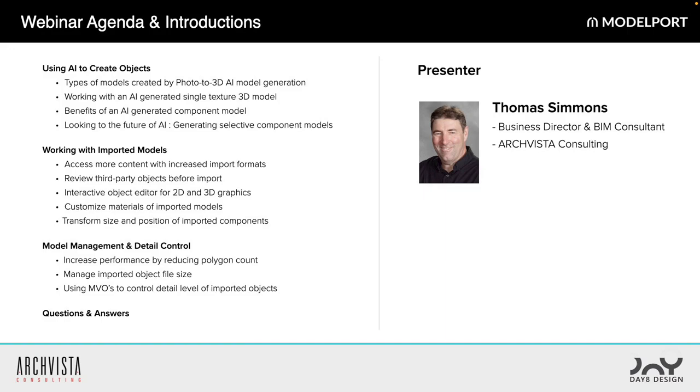We're going to review a number of different topics. We're going to start with using AI to create objects, and I'm going to discuss the types of models you can create using photo to 3D AI model generation. That will include single texture 3D models, component models, and a new option recently released by Meta for selective component